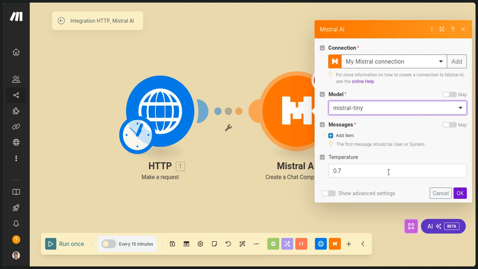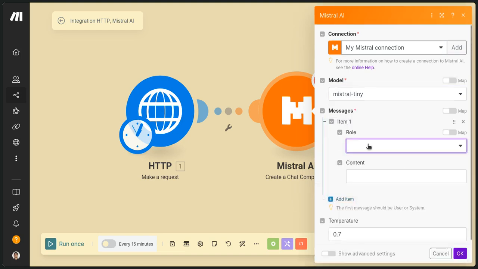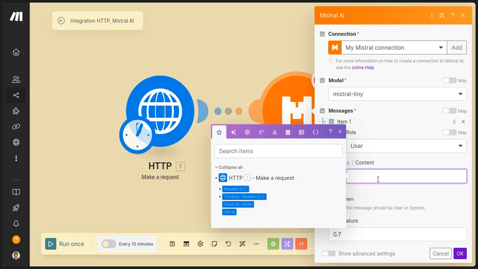We're just going to hit OK. Actually, we're going to add the message. Role user, always user query. And then here, this is where we add the prompt. And then we're just going to say,